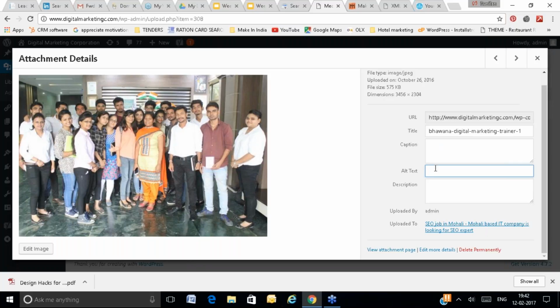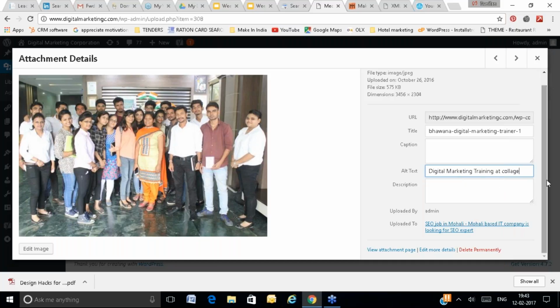So alt text: if your image does not appear somehow, let's suppose you are placing an alt text like digital marketing training at college.